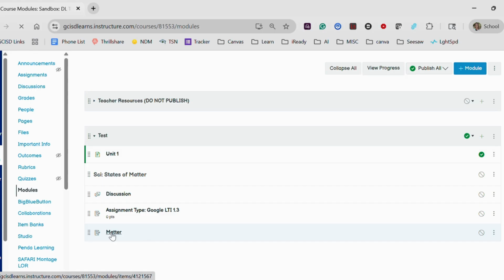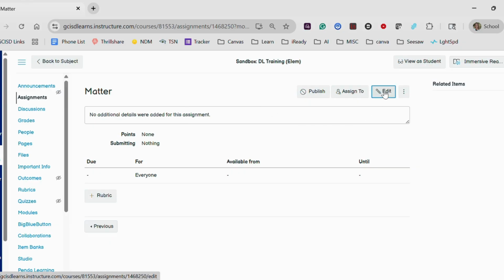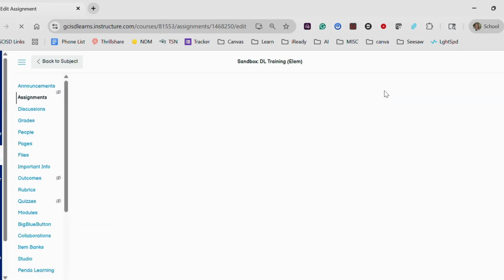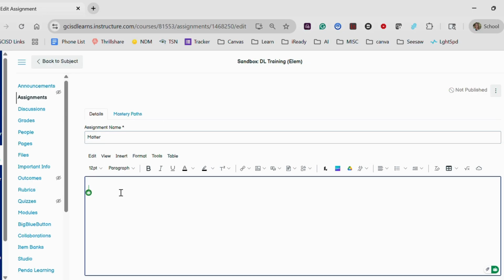to do. I'm going to click on the assignment matter, and you'll see there's no details, there's no points. It actually says the word nothing. Nothing is set up on this yet. You need to click on the edit option. Once you go to edit, you can name it. Again, this is where your directions, your links, your Google Drive, presentations, any of those things you can attach here